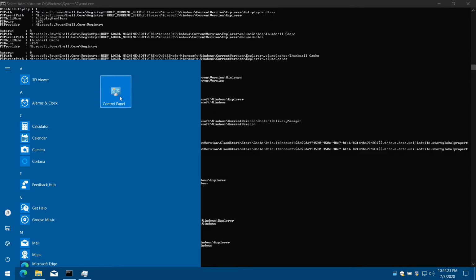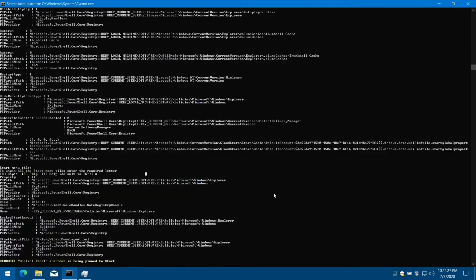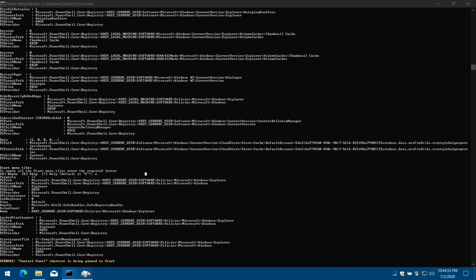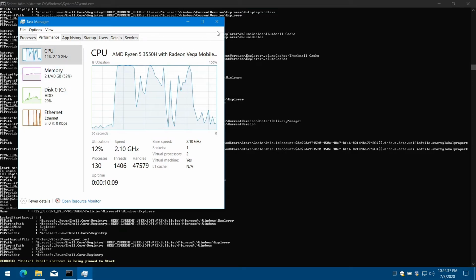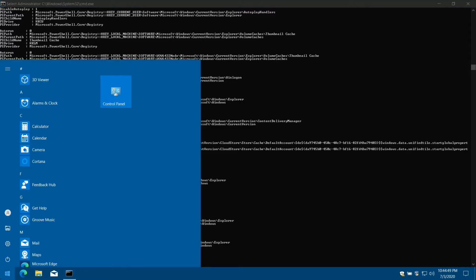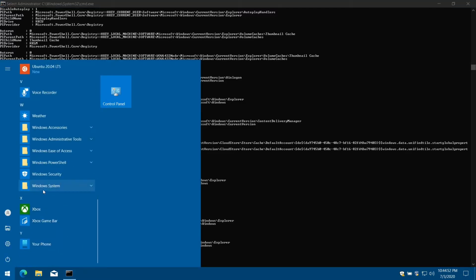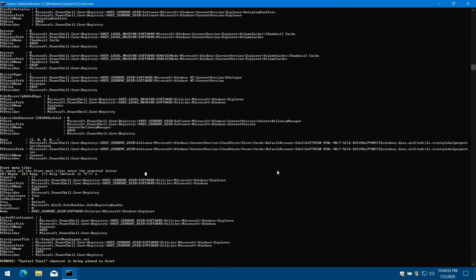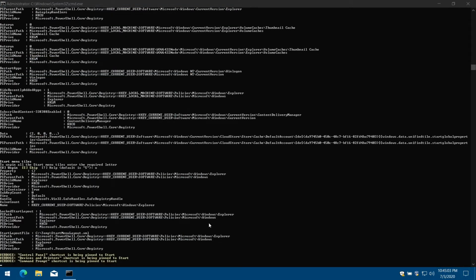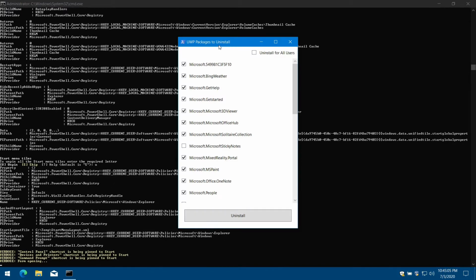You can see it is unpinned and pinning some important control panel items. Now we got